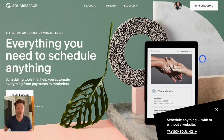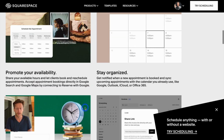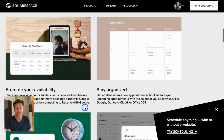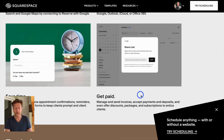Now, this could be a service where it's in-house or it can be online. So over here, you can see a soap scrub. This is a service that's for a spa. And again, you can build websites for spas as well. But as we scroll down, we can also see that you can do hair appointments and it can also be online. So let's say you're teaching online, you can use this scheduler where people come onto your page, see your availability and book directly on the website. And you get paid through this as well,